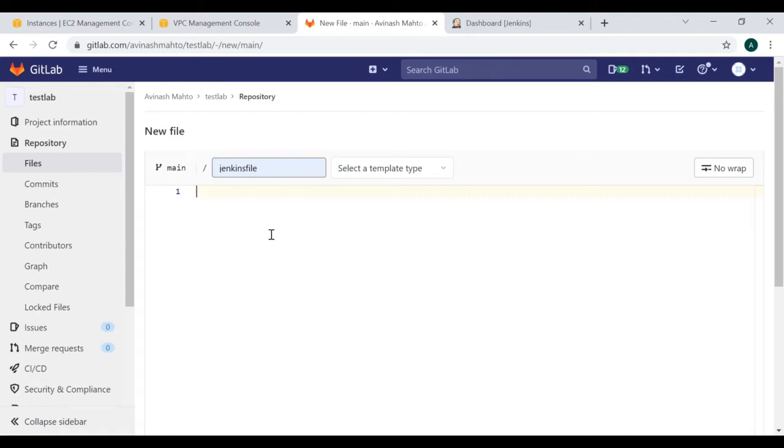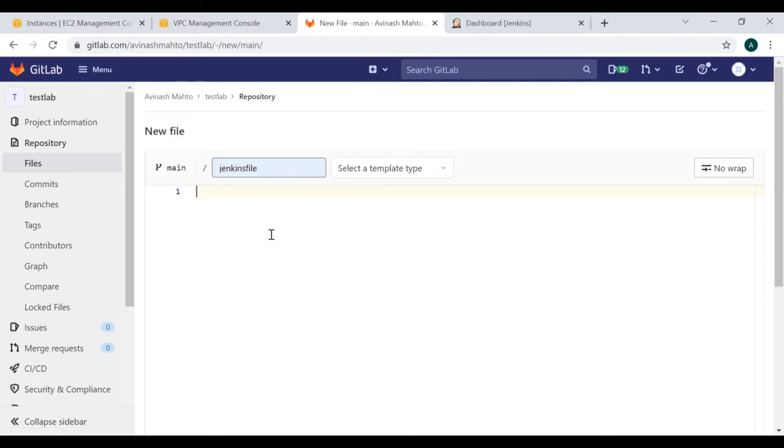So guys, before starting it, let me clear one thing, that this is the simple pipeline script. I'm not going to design any declarative pipeline script. I'm not going to pass any dynamic value or any dynamic parameter values. This is just the simple parameter pipeline script, where I'm going to show you how we can pass the parameter values and how you can call the credential sections inside it as an environment variable.